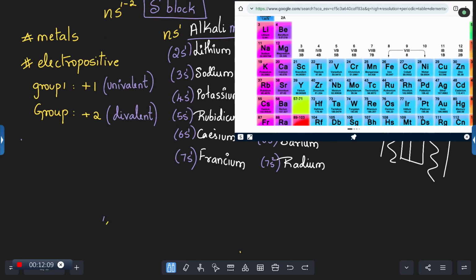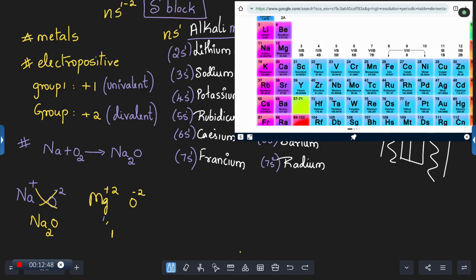Okay. Now say I am taking a metal. Either it can be alkali or alkaline. I will take sodium, and it reacts with oxygen. What will it form? Na2? Why? Oxygen is minus 2, right? So how do you write it? You have studied this in 9th standard. Na plus O minus 2. So it's going to be the crescent cross method. You're going to have Na2O. But if I have magnesium and oxygen, then it is MgO.